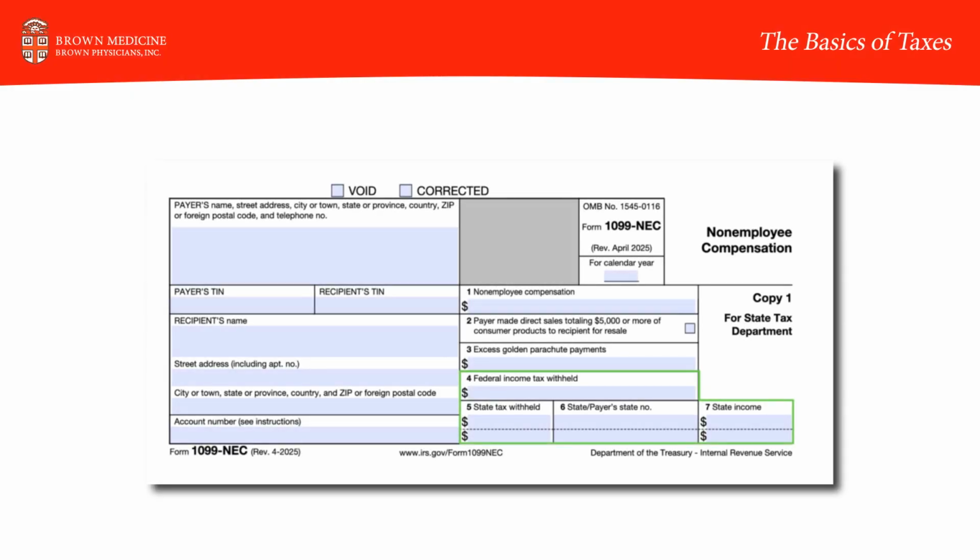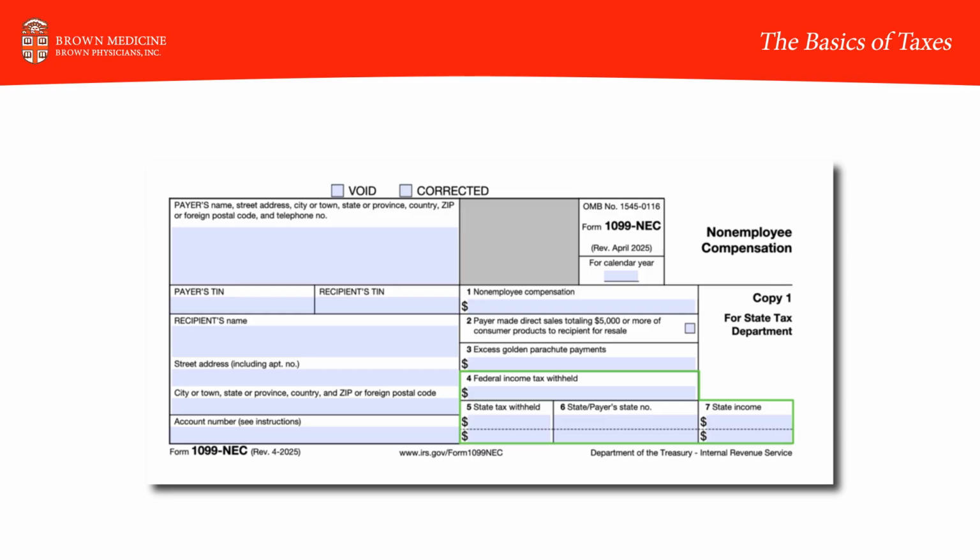Some residents, actually many residents, will moonlight outside of their training program. They'll work in an ER or an urgent care as an employee or as a contractor. Can you talk a little bit about how their salary, or not salary so much as their compensation, because sometimes they're paid just by shift, how is that taxed, and how would they see that at the end of the year? So what ends up happening is, the employer will give them a 1099 NEC.